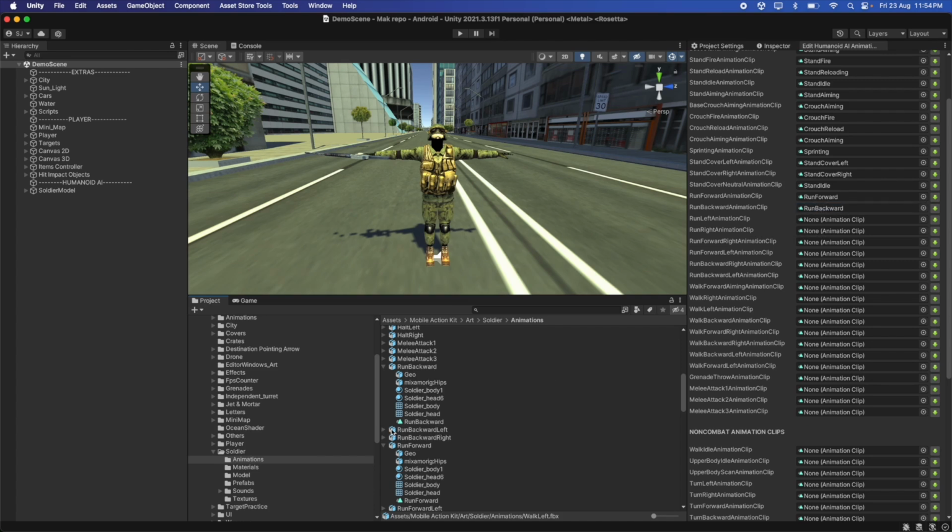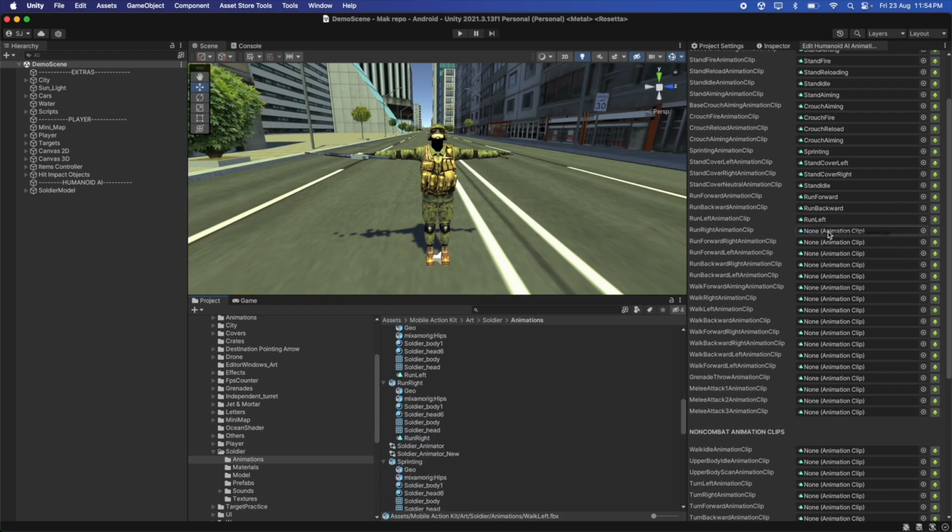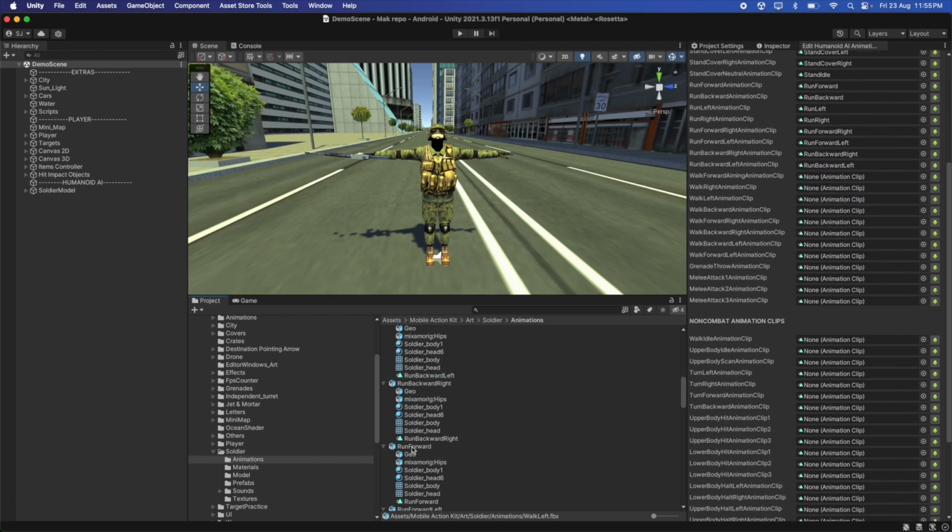Run left. Run left here. Run right. Run forward. Forward left. Backward right. Run backward left. Next is